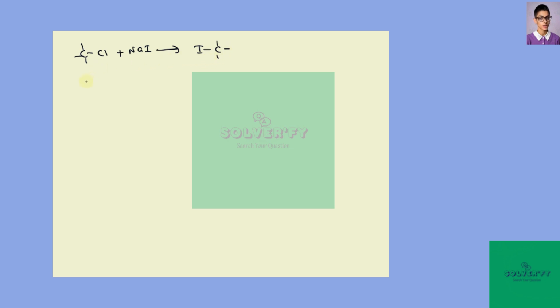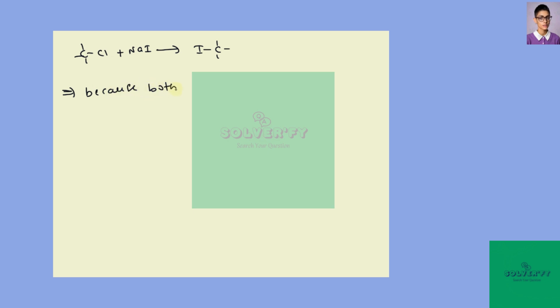So here they have asked why this reaction is not favorable for SN2 reaction, because this group, that is tertiary butyl chloride, is a very large group. At the same time the incoming nucleophile, iodide ion, is also a large group. So during the reaction, steric hindrance takes place between the reactant as well as the nucleophile. As a result of this, it is not favorable for SN2 reaction, because